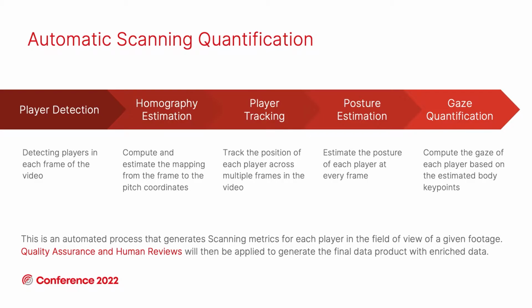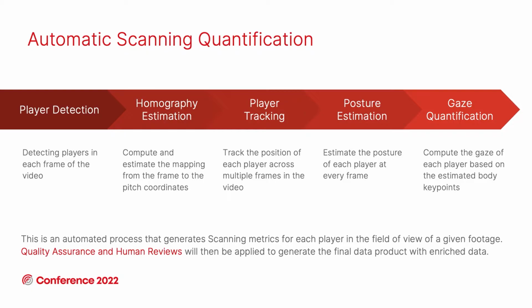The next thing is player tracking, and that's important because the information tends to be across a video footage which basically spans a period of time. It's not only on a frame. So being able to relate metrics from one frame to the other is going to be crucial for us to be able to aggregate this over time. And in order to do that, we have to know the association across multiple frames.